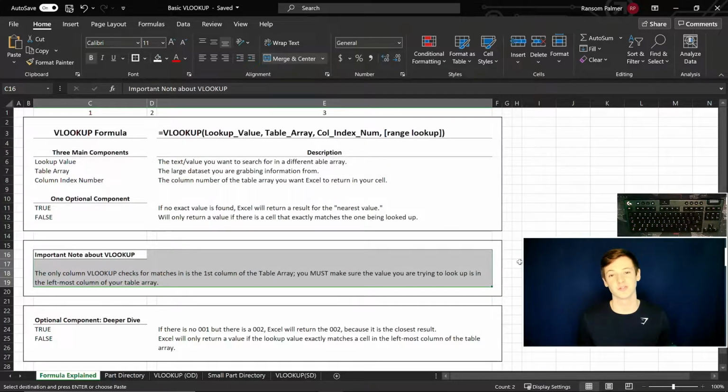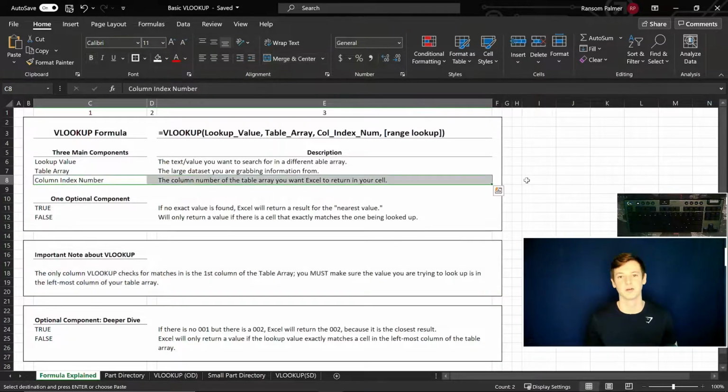It's important to note, for a VLOOKUP formula to actually work, you have to have the value you want Excel to look up in the leftmost column of your table array. That might not make sense now, but you'll see what I mean here in a little bit. The column index number is the number column of the table array that you want Excel to return if it